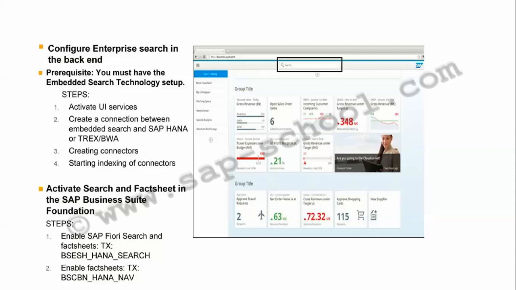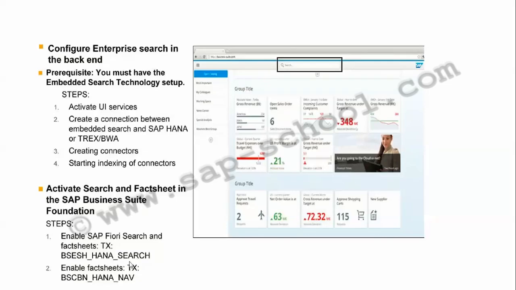After that, we have to enable the fact sheets using this transaction BSCBN_HANA_NAV. So these are the steps which are required for the configuration of my search models for my SAP Fiori fact sheet.